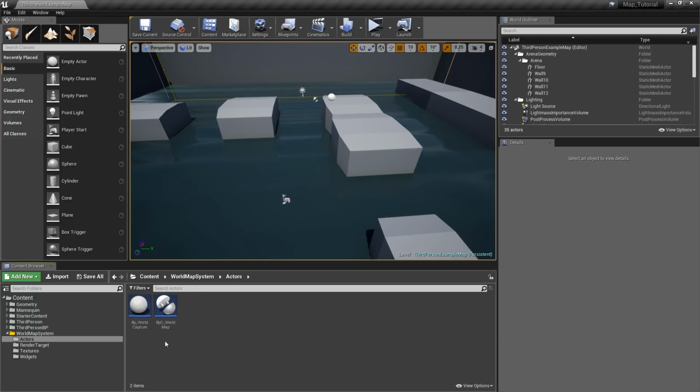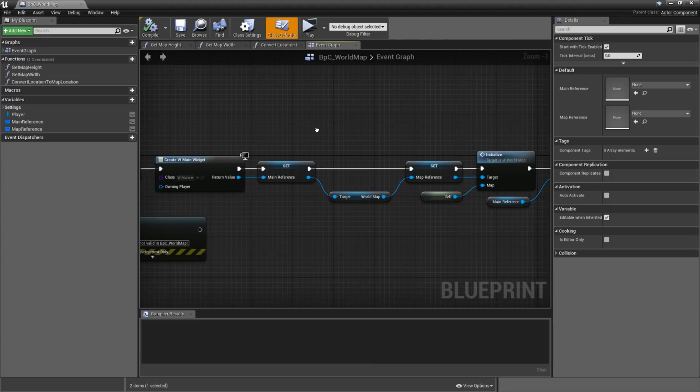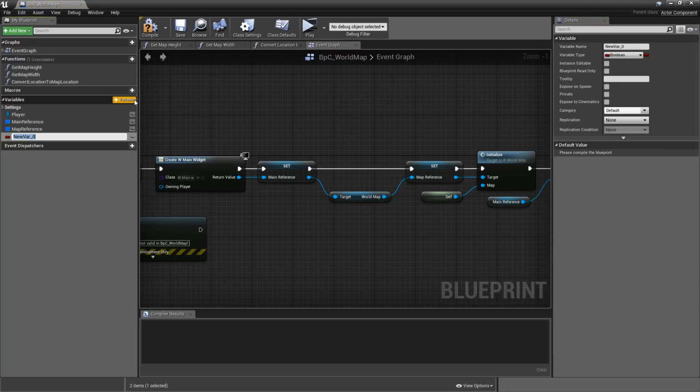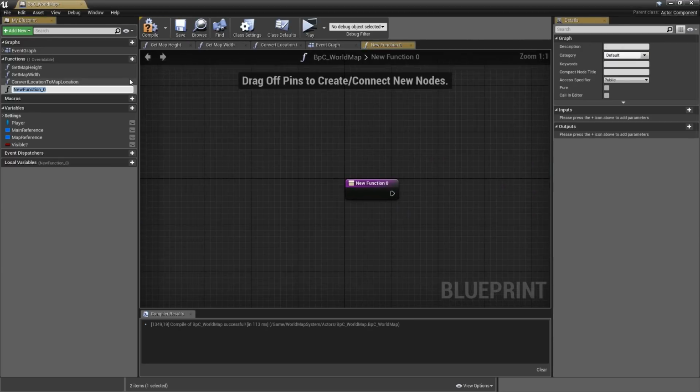We can go into our actors and BPC world map to script the functionality of hiding and showing the map here. First off, let's keep track of the current state of it. So just a variable of type boolean called visible? And we can make that private because only this class needs to know about it. Compile and save it. Then we need a function called showMap